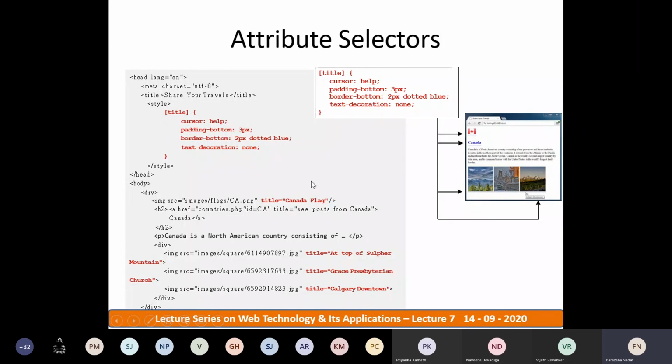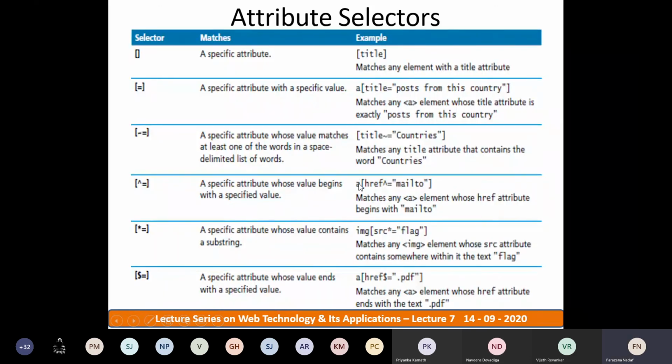You can just run it. You will get to know the difference between an attribute selector and the class selector or other types of selector, right? You can add it for different attributes. So see image, you can use multiple images in your web document. Then those image HTML elements can have attribute selectors, right?